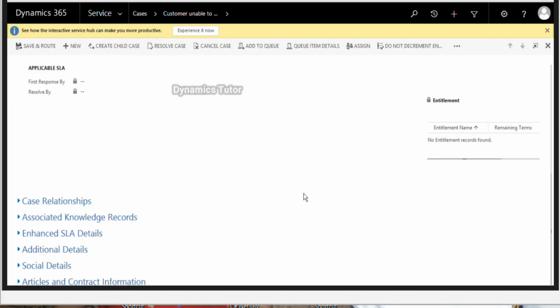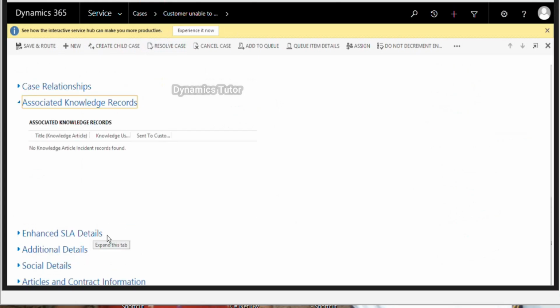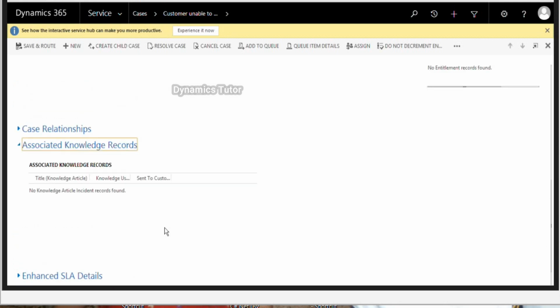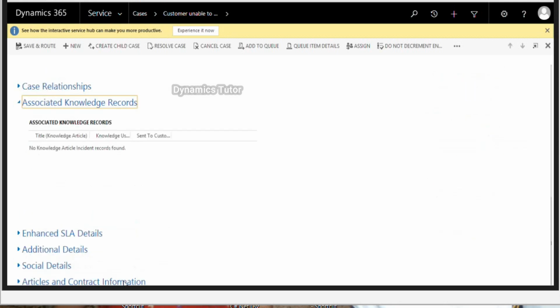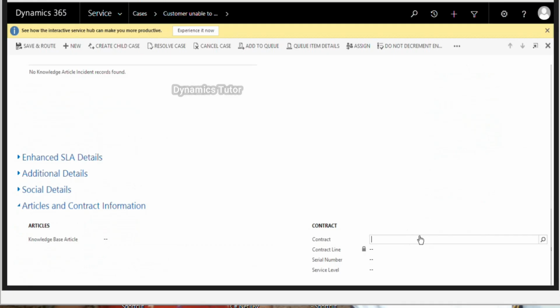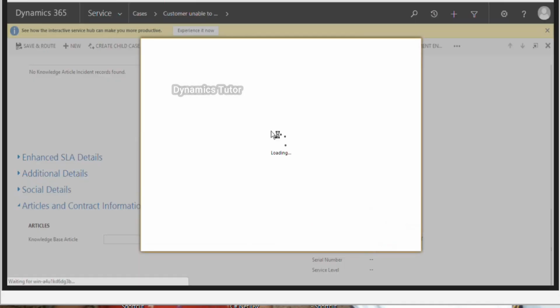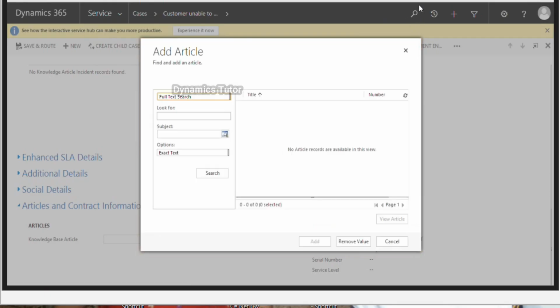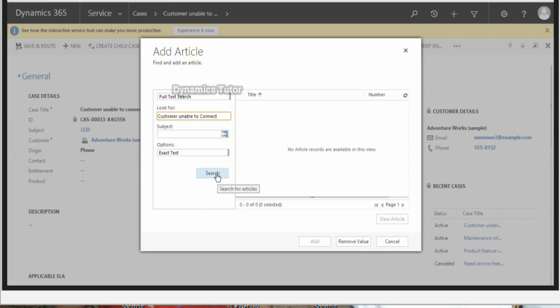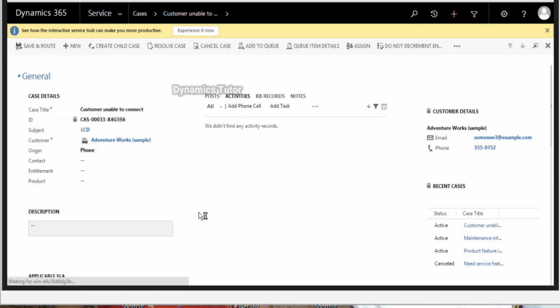After saving, you can go to the knowledge base articles and go to the contracts here. So here I'm going to associate a contract, and then if you notice here, I'll see the replacement. If you want to provide any resolution to the customer, you can associate a knowledge base article. So I'm going to associate a knowledge base article,